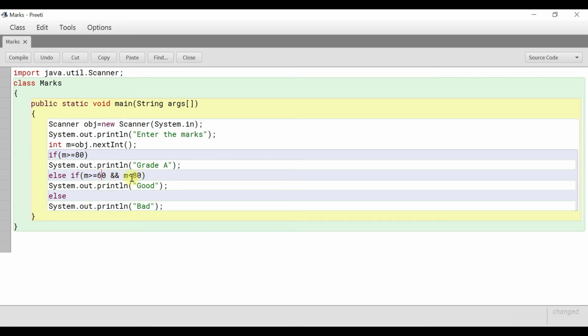Fine. This you have to write on your own. In the question it is given only if marks greater than or equal to 60, but it is very obvious it should be greater than or equal to 60 and less than 80. In that case grade B.